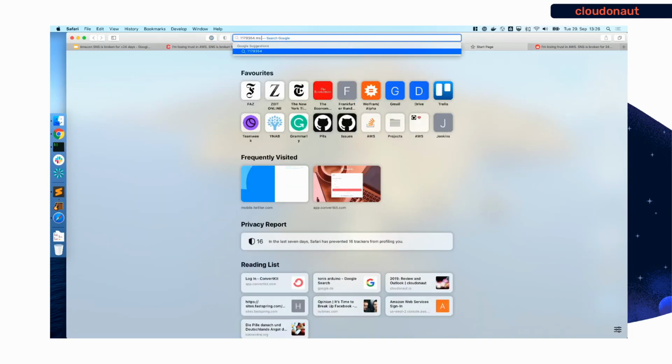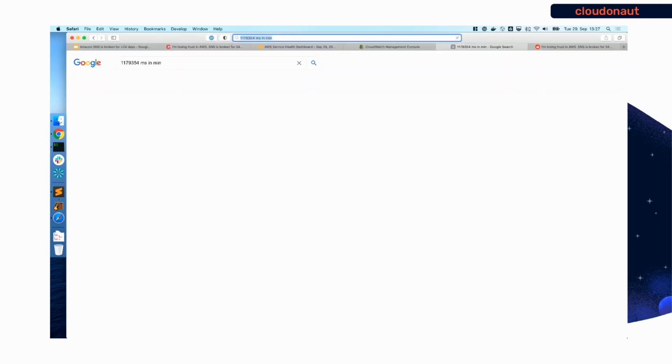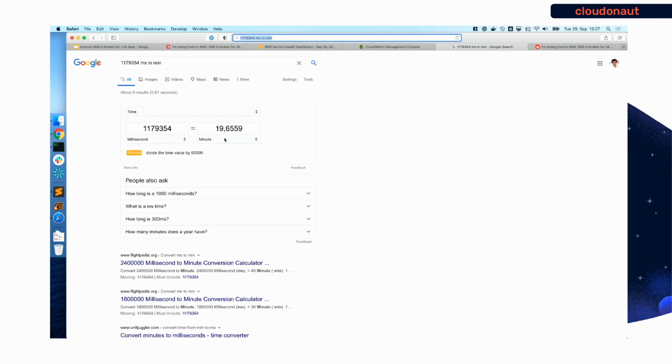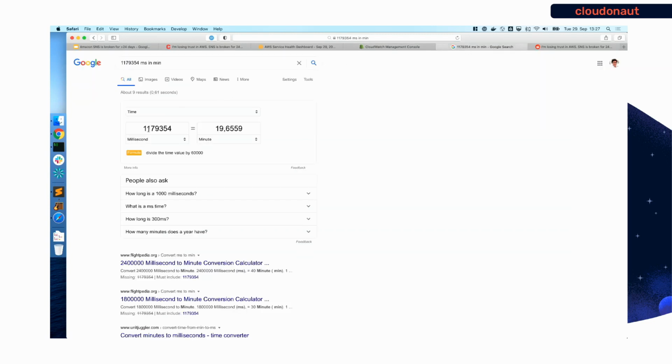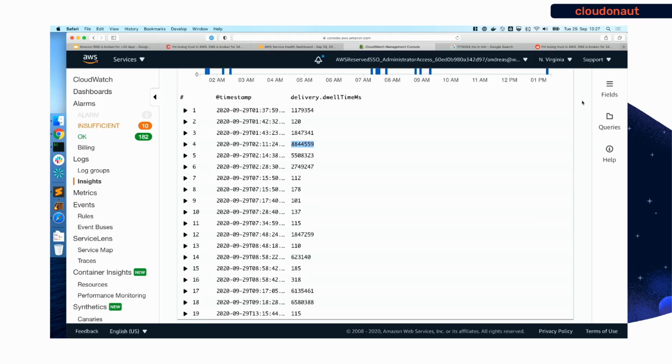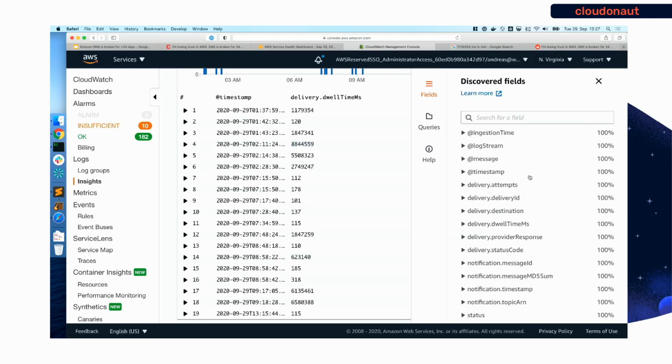This is in milliseconds, and it's always hard to read. This example is about 20 minutes, but we have worse situations in here. Let's convert that quickly: this is over 2 hours. So it took SNS over 2 hours to deliver the message. Another interesting aspect here is